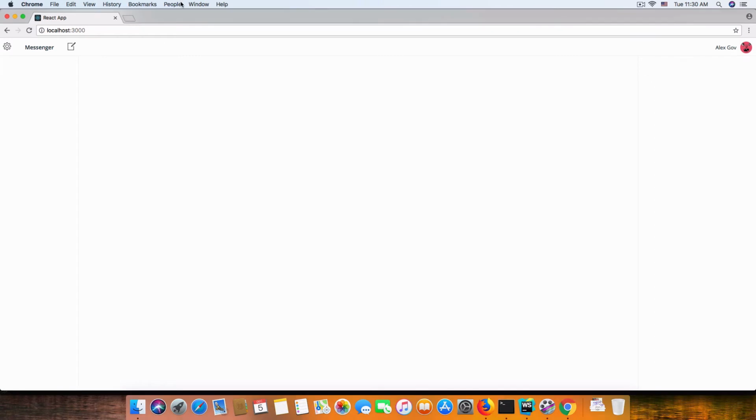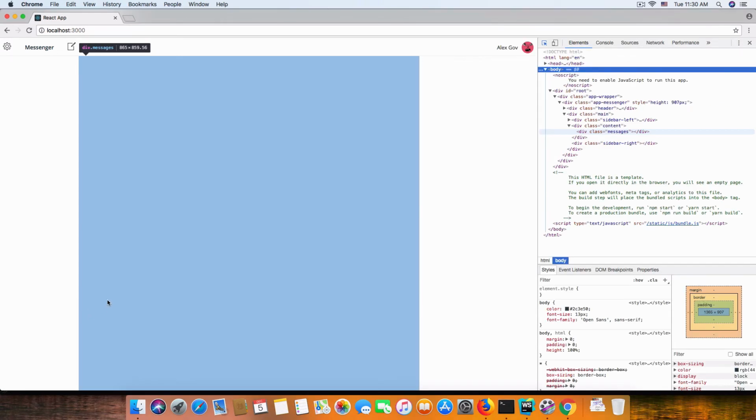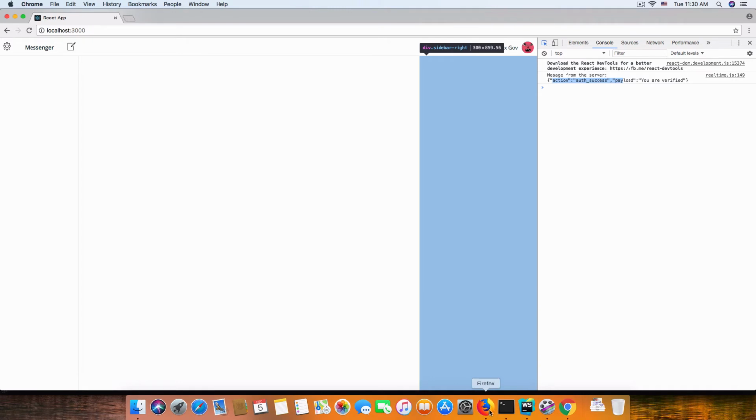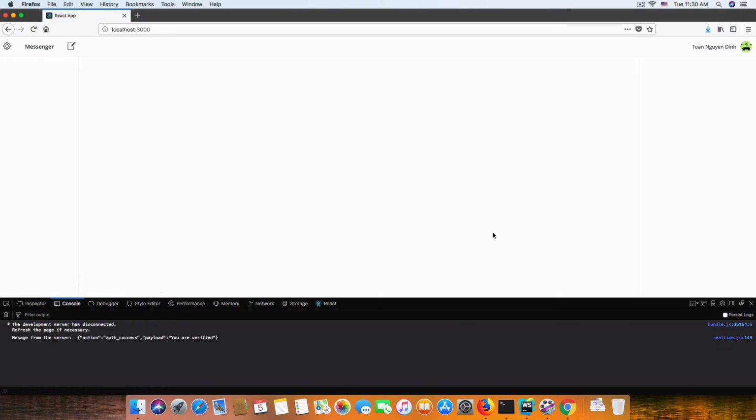Alright, so here in Google Chrome is Alex, and now I'm trying to open the console and action our success and verify. Cool. Refresh again. Now we should see the same thing, method, and refresh again with me, I got verify, and this means